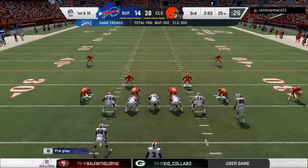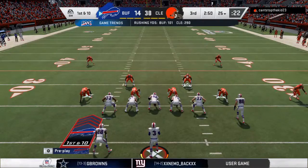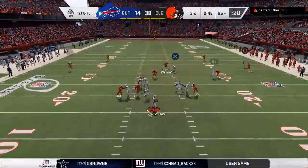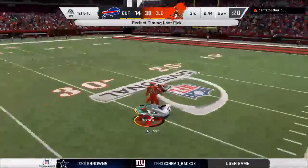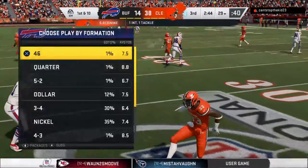The Bills come to the line to start their next drive. And last time wasn't pretty. One play and an interception. We'll see if they can do better. I want to see if they want to go ahead and throw the ball again now on this drive after what happened on the last one. Throw it on the first play. And Wilson's going to be intercepted a third time. Picked off near the...